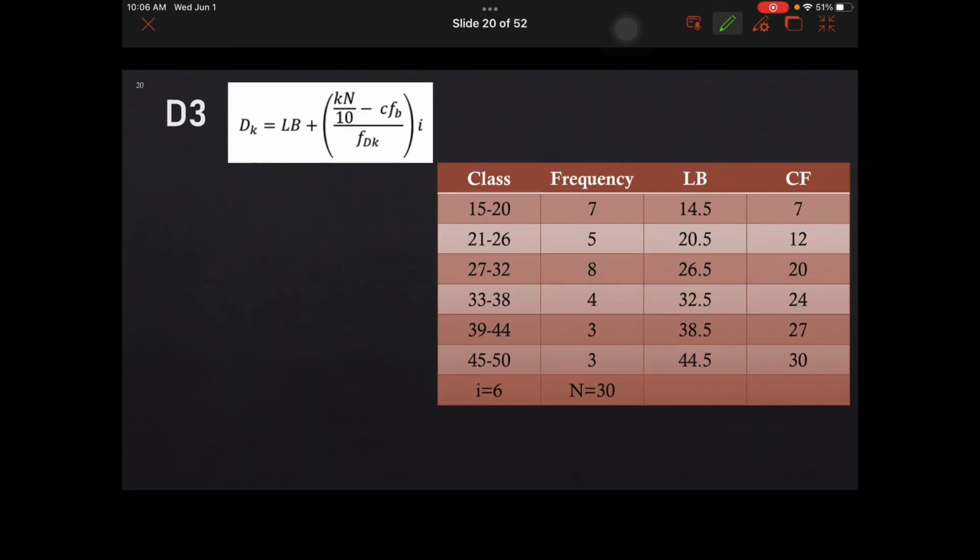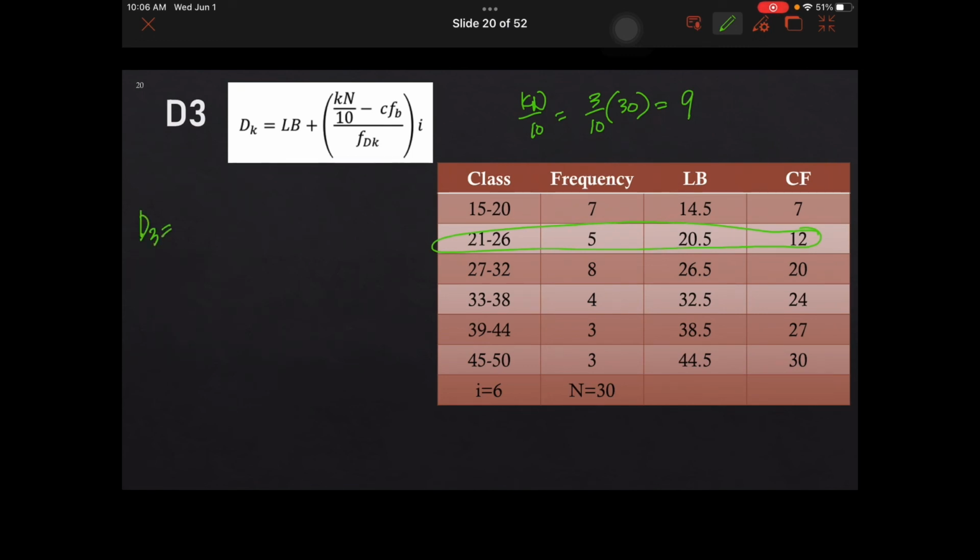Alright? And then our last thing that we have to check is our D3 or our third decile. So again, position po muna tayo. 3 over 10 of 30. Okay? So ano po ang 3/10 ng 30? Diba? Nasaan kaya yung 9th? Okay? Ang 9th natin ay nandito po sa second class. Okay? Kasi yung first class natin hanggang 7th lang. Yung second class natin hanggang 12. So, that means yung pang 9 ay nandyan.